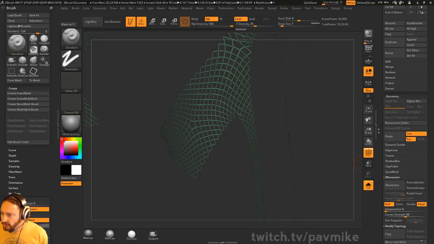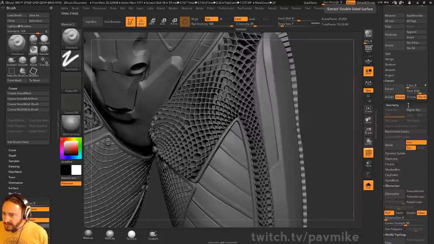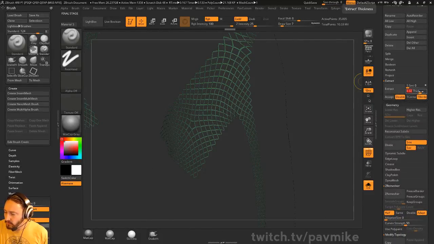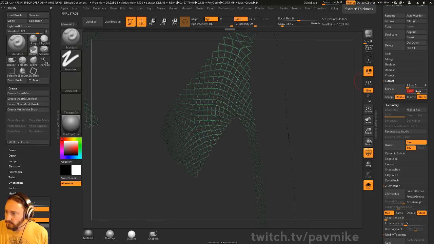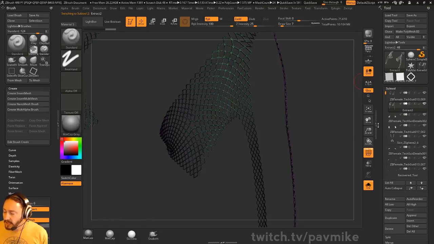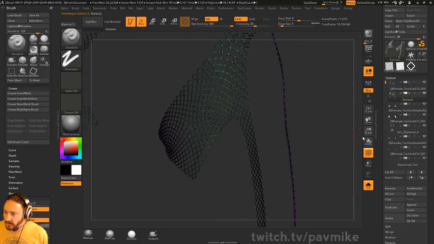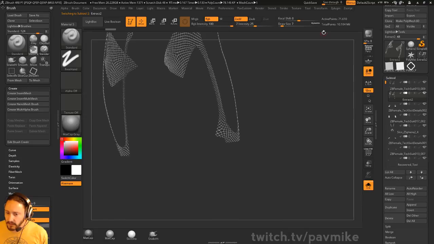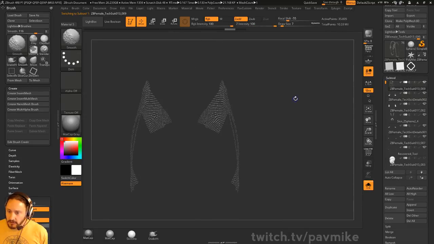And you can also go in here to geometry or subtool. And instead of doing a Z modeler, you can try doing an extract. I'm going to smooth this down. We'll hit extract. That's a little bit thick. Let's change that to 0.005. You can extract that out. Oh, that's just a little bit thick. There you go. That'll work. I'll go ahead and hit accept. And on ZBrush 2025 R8, when you hit accept on an extraction, it'll go ahead and select it for you. So now you've got that all extracted out, and you've got fishnets like that. So MicroMesh, NanoMesh,